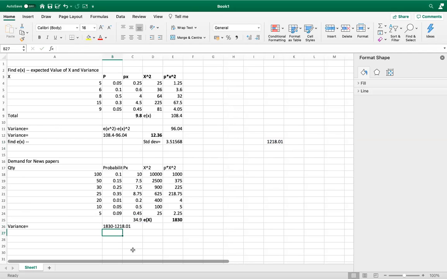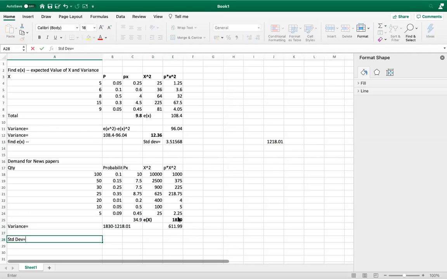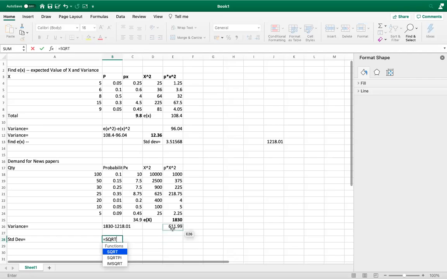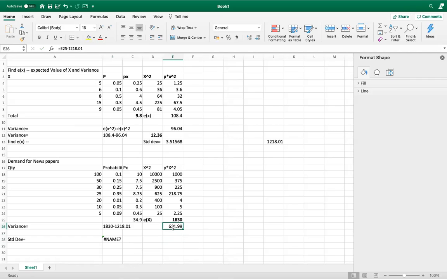So I will say this is my variance. So I will say standard deviation. What is standard deviation? Equal to SQRT of